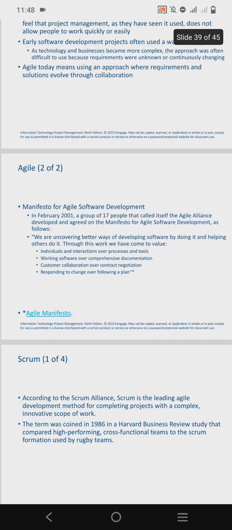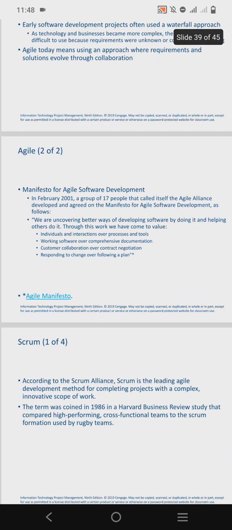There is a manifesto for agile software development. Okay, so the manifesto states that we are uncovering better ways of developing software by doing it and helping others to do it. So through this work, we have come to value individuals and interaction over processes and tools,